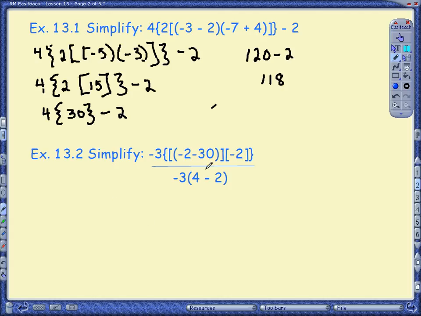Okay, here, remember when I told you that a bar was sometimes a symbol of inclusion, and it is here. We do the numerator, and then we do the denominator, and then we divide. So -3, rewrite everything. It's always to your advantage to do that. You become much more accurate if you do. And within the parentheses, we add the -2 and the -30, and that's -32. Now, we have a -2 here, and